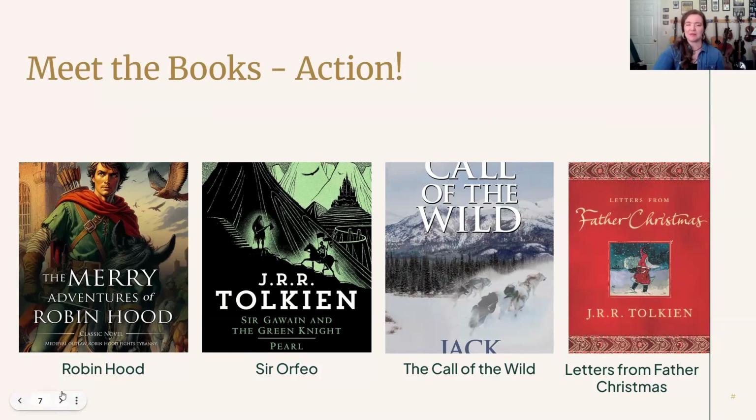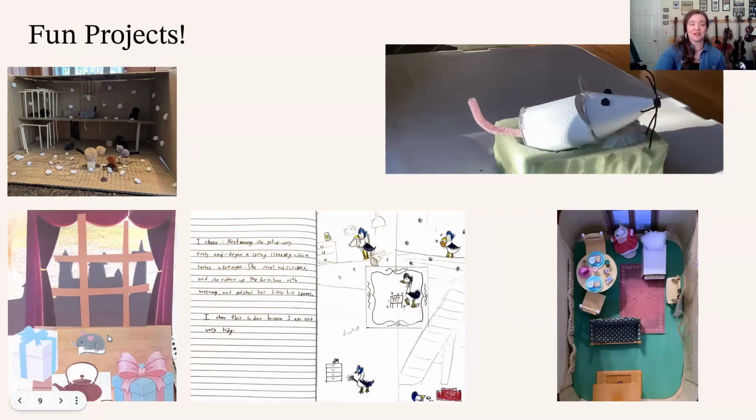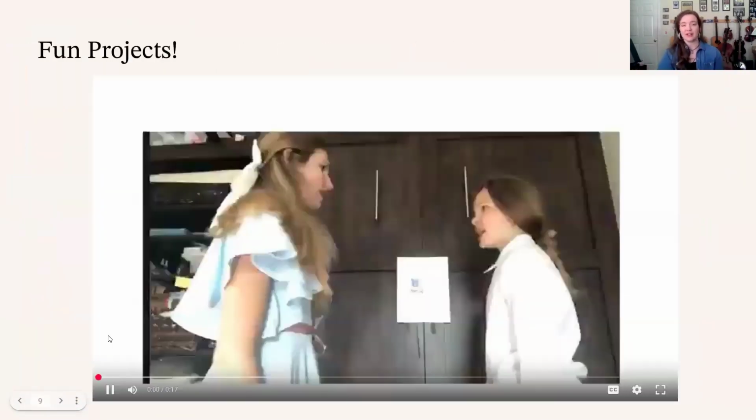So in both classes, like Mrs. Wise also said, we do a lot of fun projects. We have the end of book project where you can choose what you would like to do. These are some samples from other students who've already taken this course, so you can see the different mediums that they all chose to interpret a text that we read. And that's basically what we're doing. We're going to read something and then you're going to show me how you interpret this or what your creative process is about that. And some students have gotten very, very creative by even acting out their end of book project.